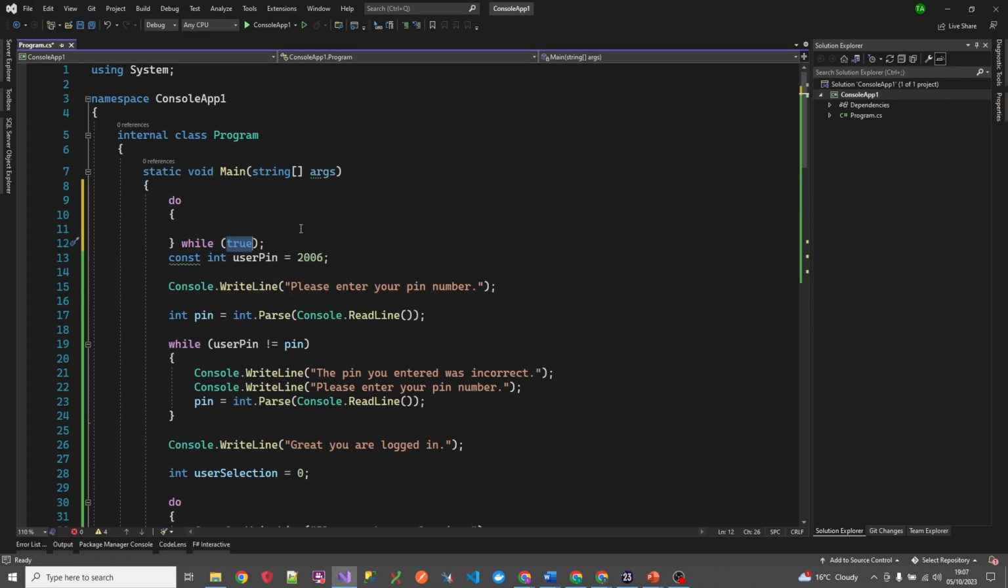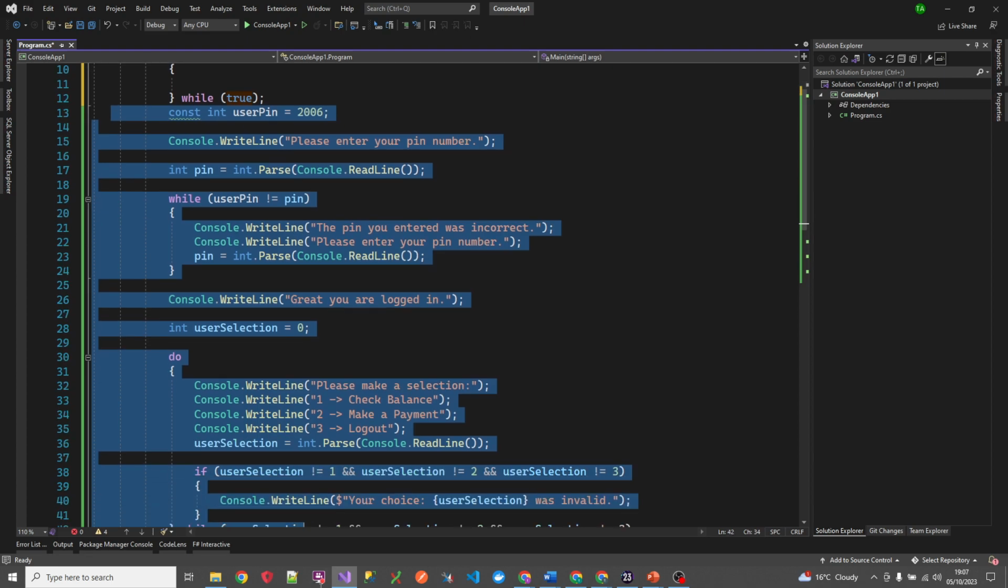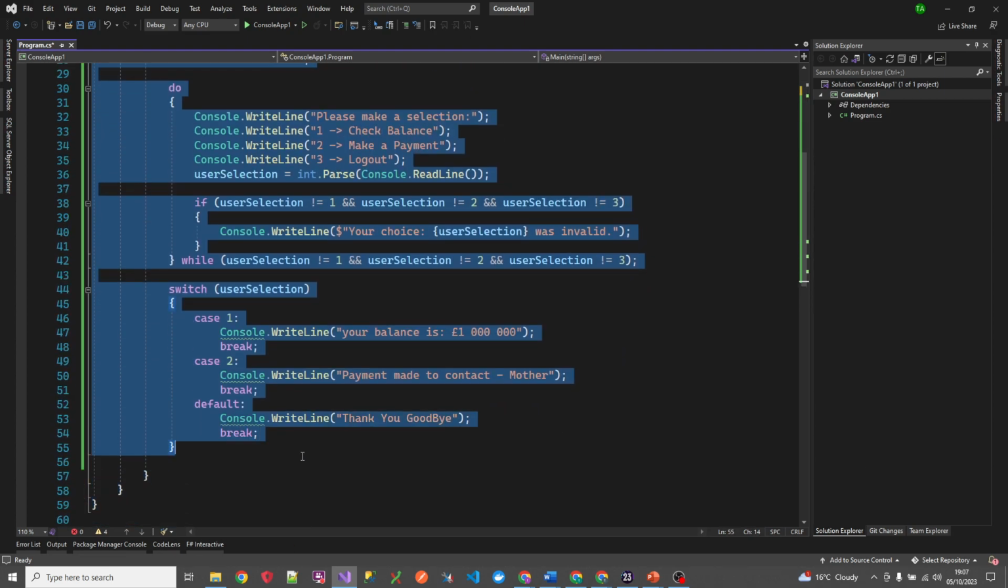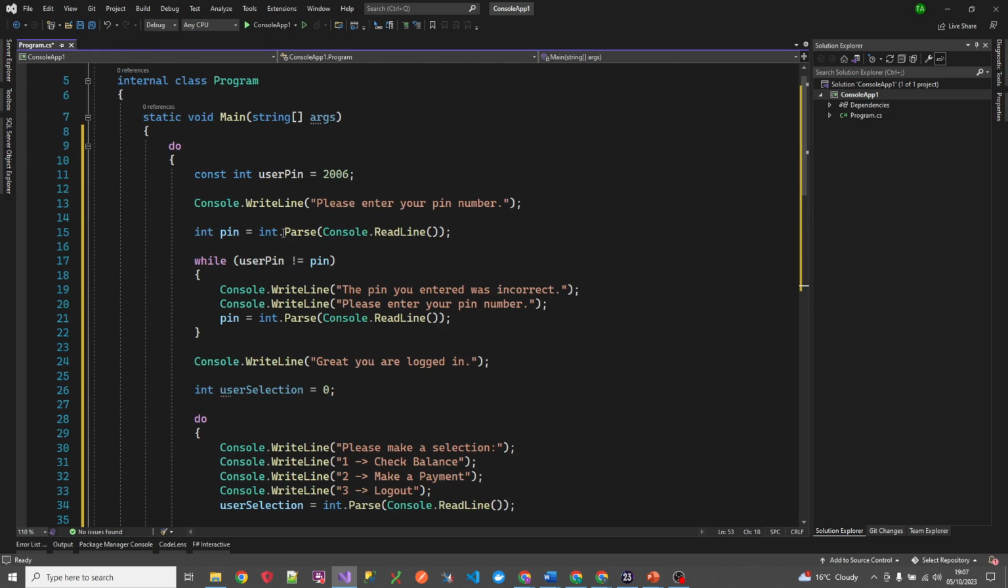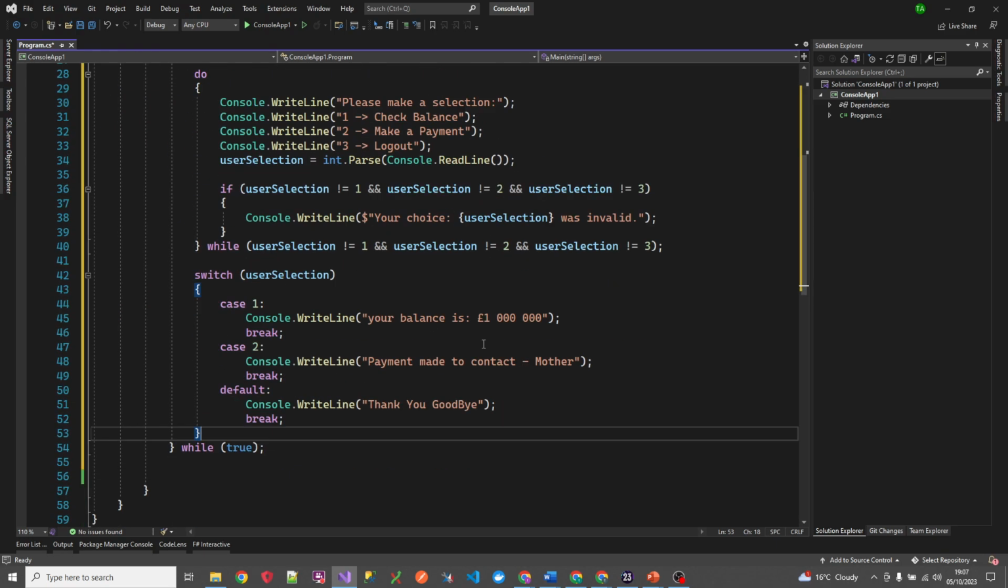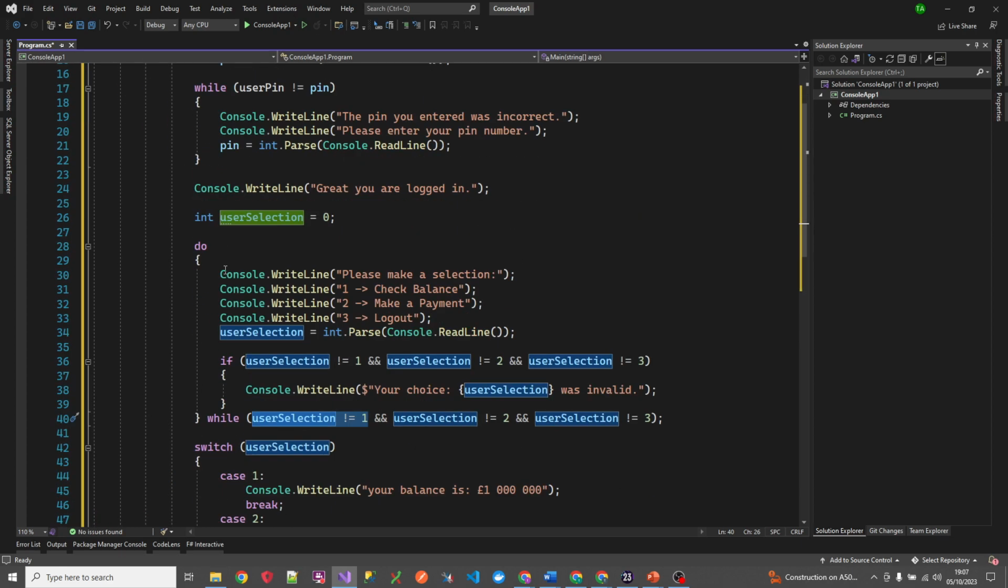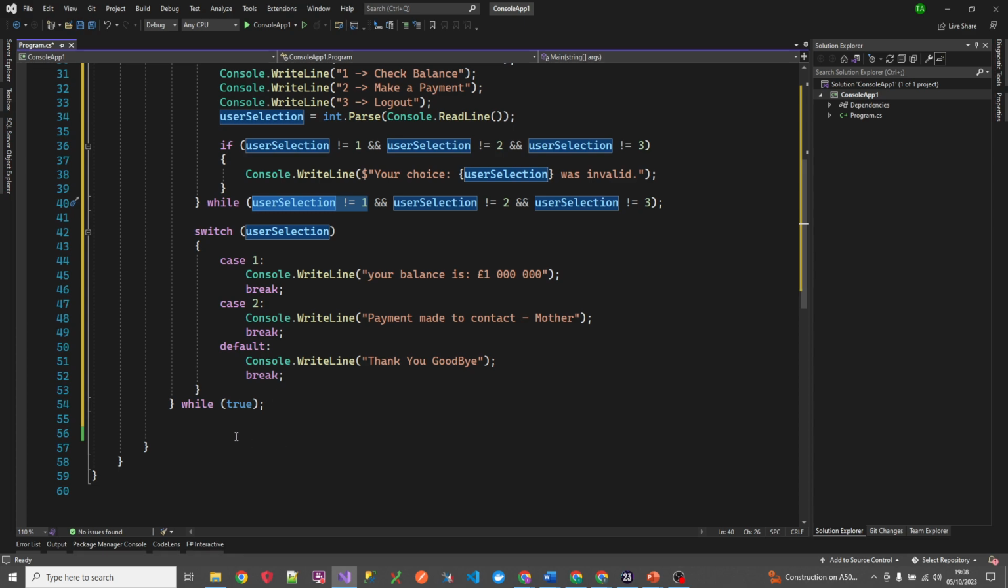Okay, and let's grab all of this code here and plonk that in the do while loop here. Cool. Okay, and then we want this user selection, or this scenario here. So we want to come out of this big do while loop, this do while loop that wraps around everything,